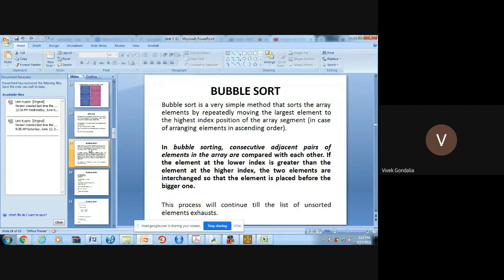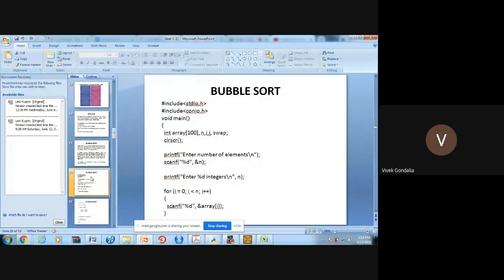After that, it will do the comparison between 2 and 3. If the first number is greater than the second number, then it will do the swapping. Same like that, if the first number is less than the second number, then it will not do the swapping because they are already in ascending order, right? So this is the mechanism of bubble sort, right? So now we'll see the program of the bubble sort.